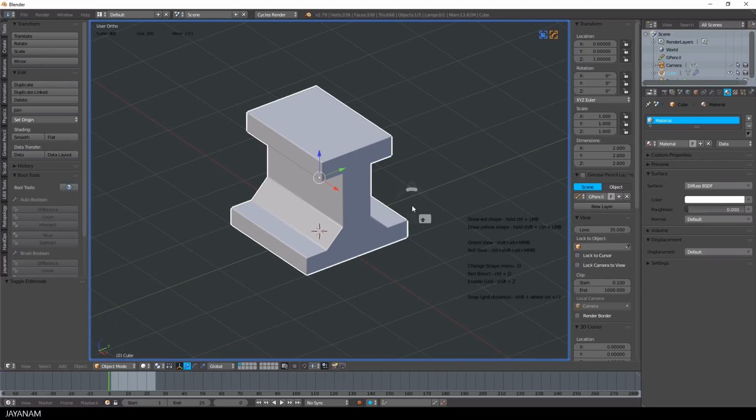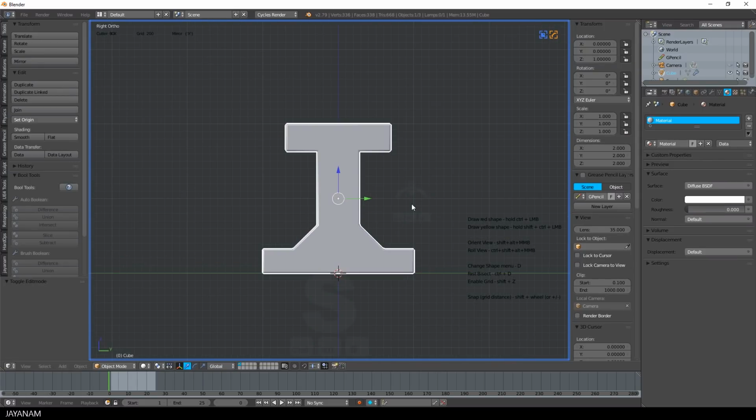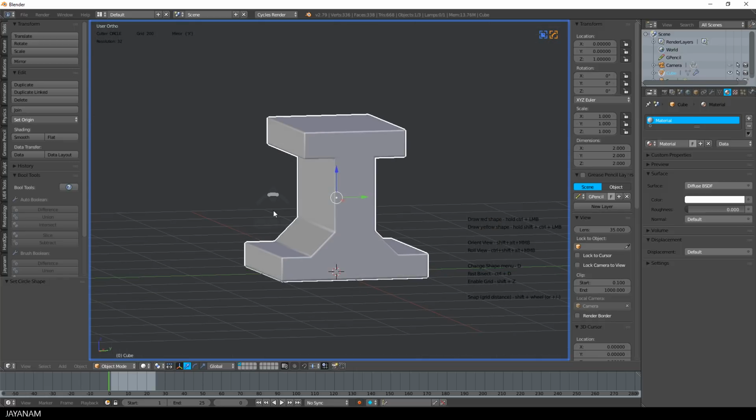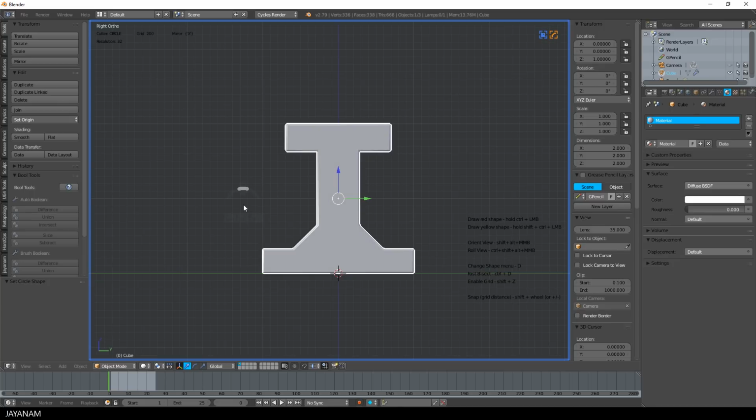Alright, now I press the D key to open the options of the box cutter. Here we can select the shape, for example a circle, box or n-gon. Let's try the circle first. I snap the view, draw in the circle,